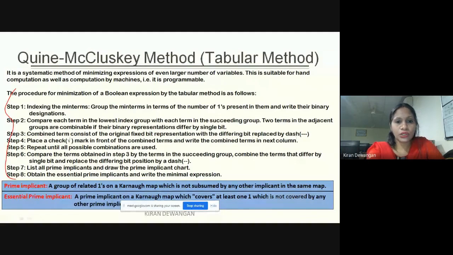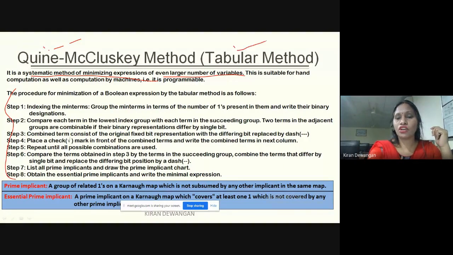One thing that we need to understand is that this is a method of minimizing expressions again, and it is used for an even larger number of variables. Now in the K-map, we are making use of 4 variables. And for 5 variables, as we have seen, it becomes very tedious to form a map and then form quads or pairs or octets out of it. Clear? So here, this method is known as the Quine-McCluskey method,